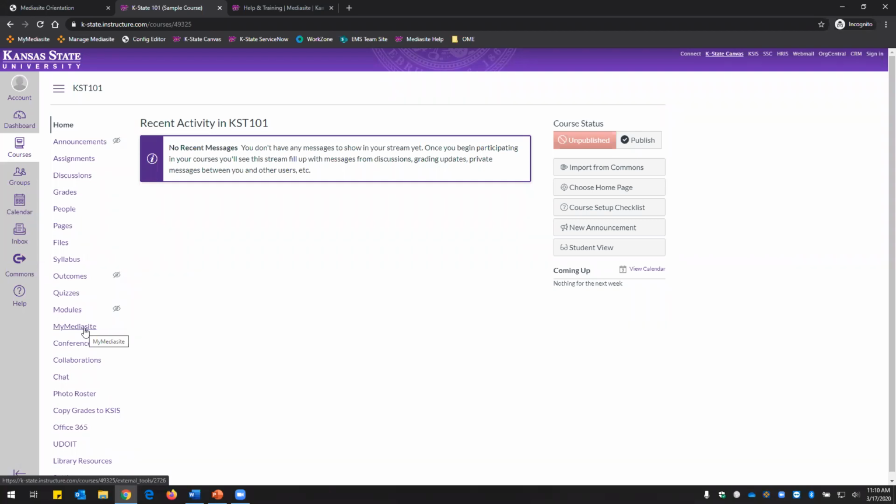So I'll point out that this link is not visible to students in your course because your My Mediasite portal is where you go to manage the content. It's not where students go to view the content. We'll talk about how students actually view the content in just a little bit. But just know that the My Mediasite link here in the navigation is only available to teacher and TA roles